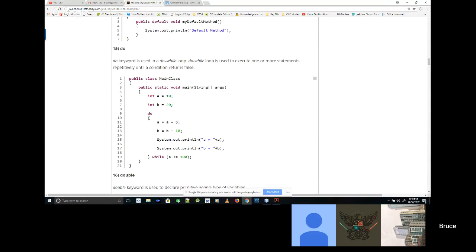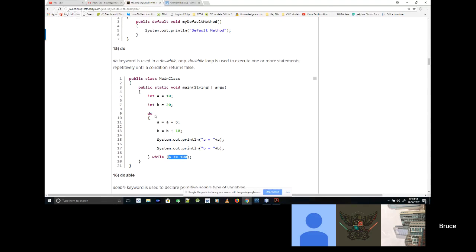We know about the do. The do is special in the sense that it always will perform this loop at least once. You'll always do it once and then check. And sometimes it's necessary to make sure that you do something at least once, because there are a lot of cases where it'll do it once and then get out of it. But sometimes it has to repeat. That's on the condition of the while. This turns into a Boolean operation. If A is less than or equal to 100, it's true. And if it's true, it runs it again. And it keeps doing it until this is not true.